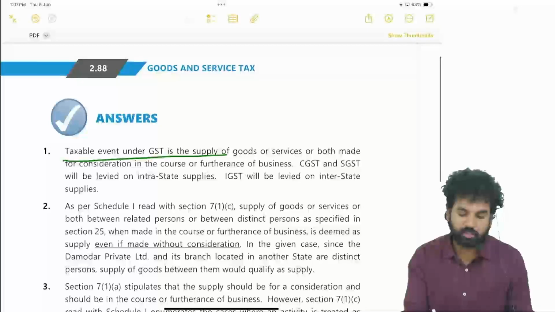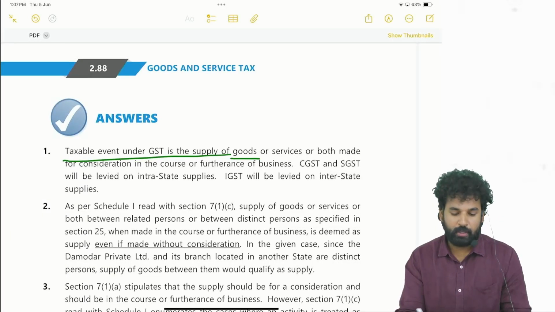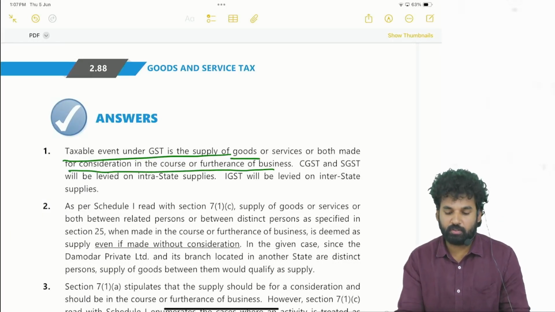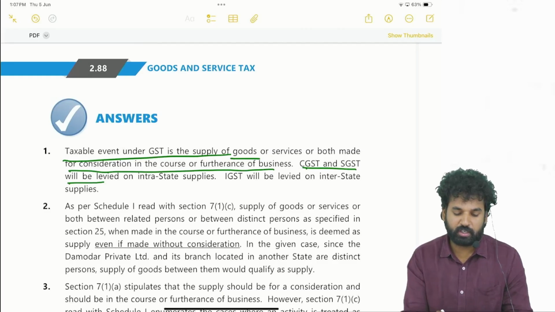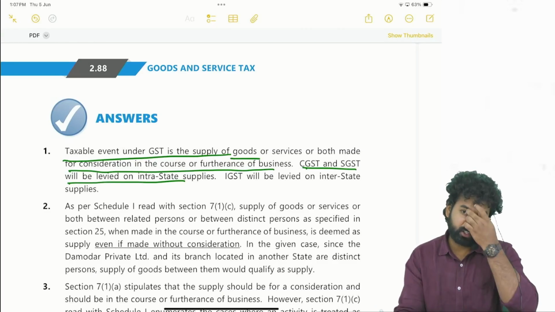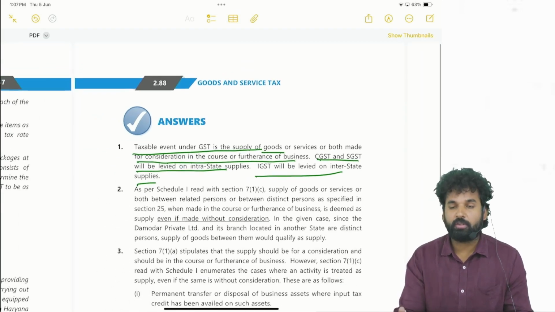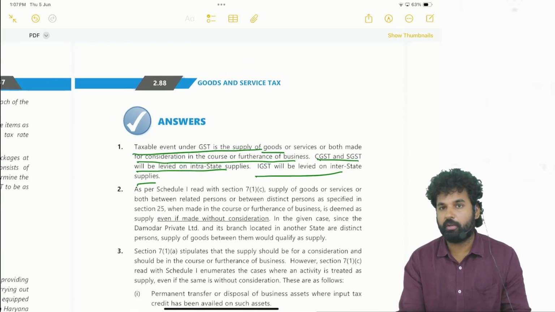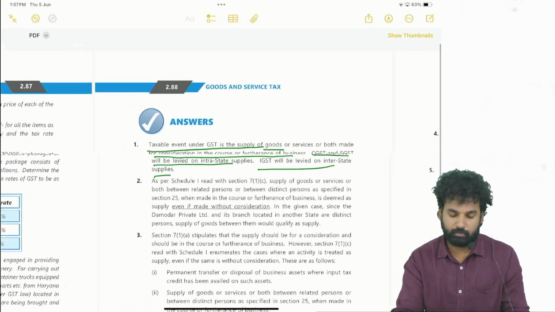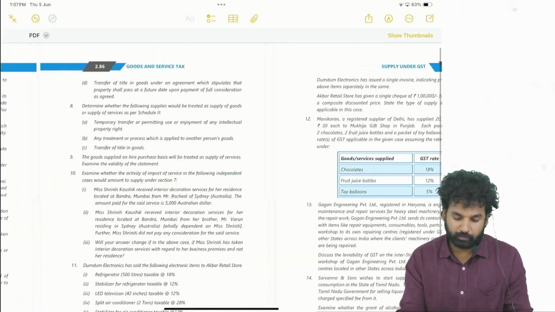Taxable event under GST is supply of goods or service or both, made for consideration in the course or furtherance of business. CGST and SGST will be levied on the intrastate supplies. IGST will be levied on the interstate supplies. Okay, so the provision has just been written here, but the context has to be taken. Right. Next